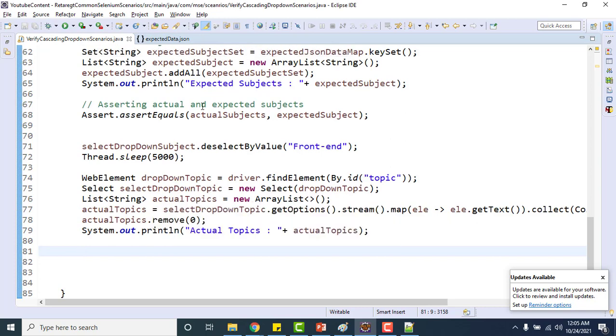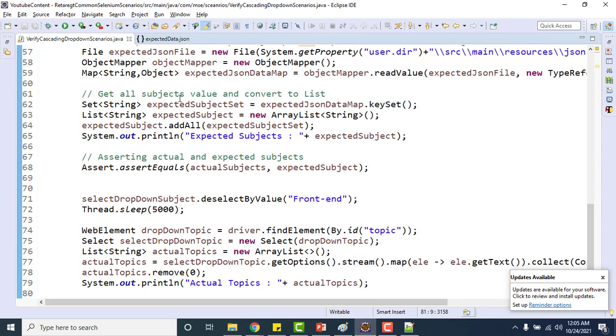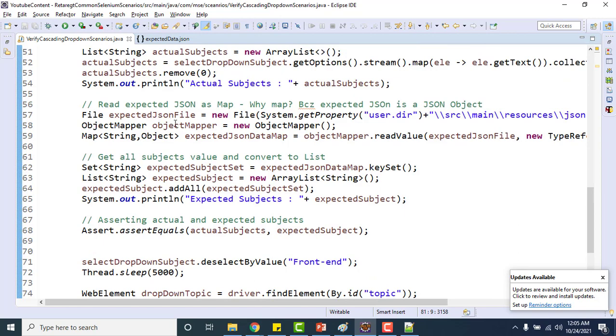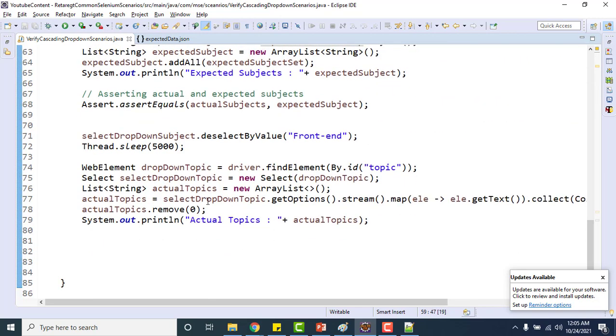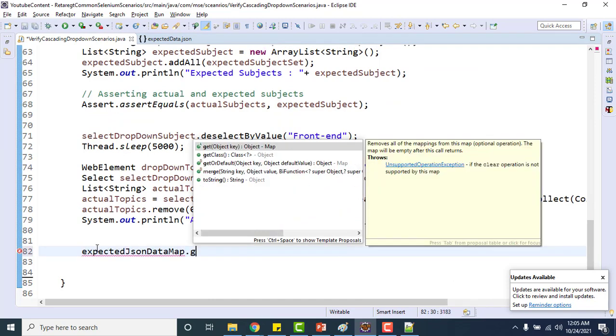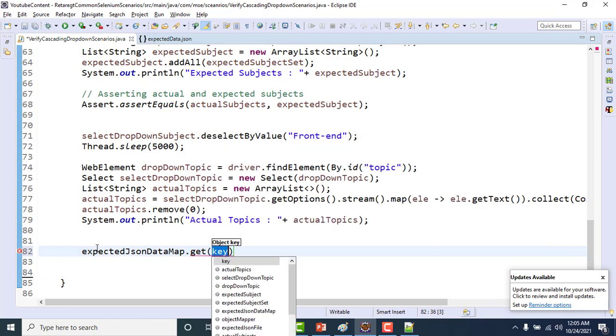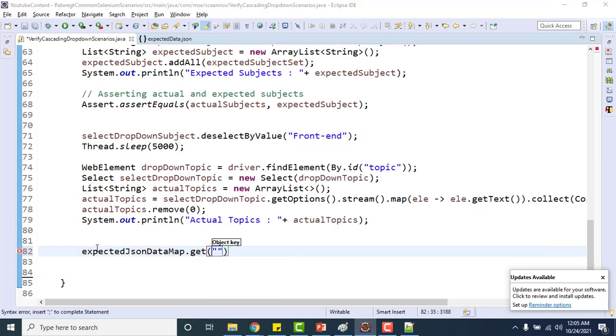We already have the object mapper instance here, where I read the data. Yes, expected JSON data map. It is a map, so we can use the get method, correct? In this we pass which key I want to get.